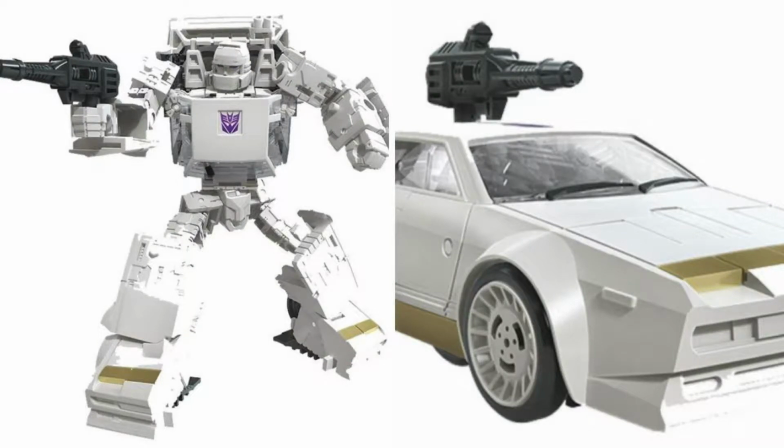Robot mode. Look, what happened? I don't get it. This is so boring. It's white with a little bit of gold. Put some color on this thing, Hasbro. Come on. It looks bad. In his head, it's so square. I mean, I know G1's supposed to be like that, but